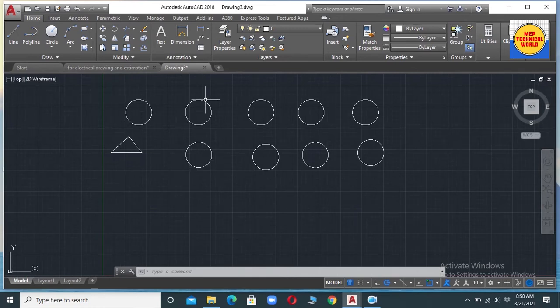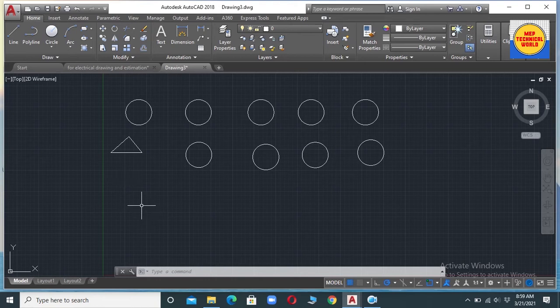Either you type the copy command first, or we have another method also. We can first select the object which we are going to copy, then enter the copy command. So let's use that method.